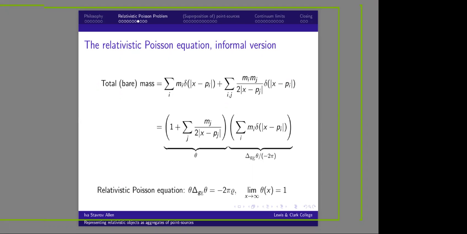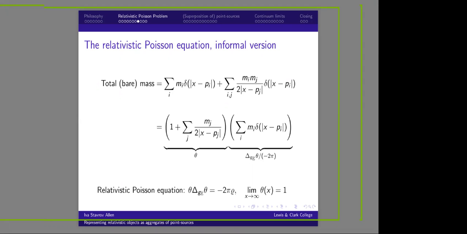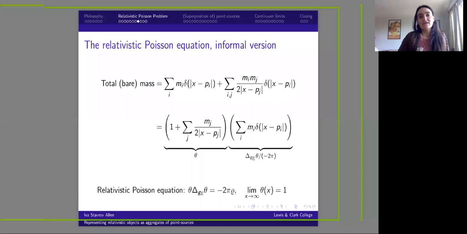Could I interrupt? Yes. One thing that looks not right is the interaction energy is negative potential energy, not positive potential energy. The minus signs are off. Yes, thanks. And it's not a typo. Everything that's on the slides is actually consistent, but from the get-go, there are some minus sign discrepancies. In any case,